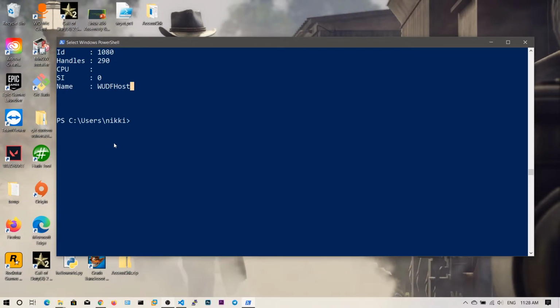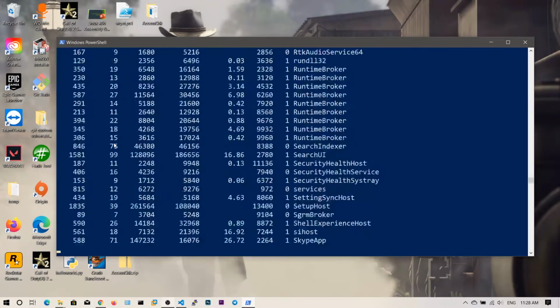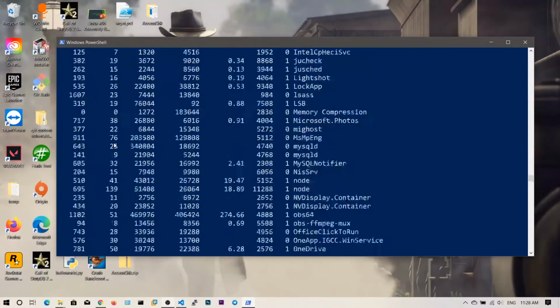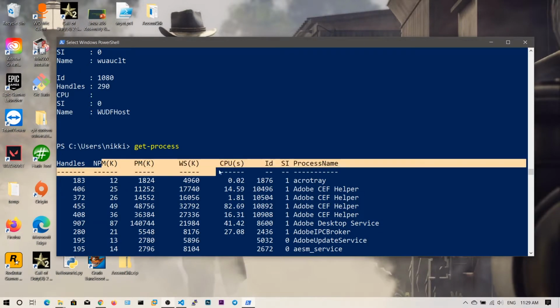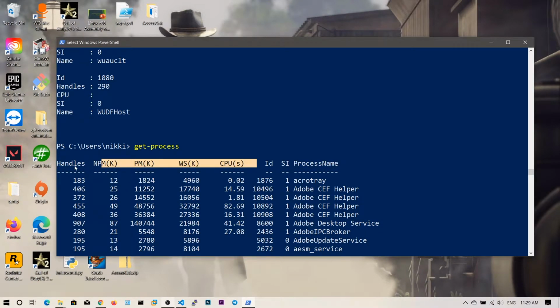And one thing I want to show you is that you can also select particular columns from the output. If you say Get-Process, now if I go to the top and see the column names, I can see there are the handle column, NPM, PM, CPU, ID, process name. I want to select only particular columns to view, so I don't need any of the others. I can say I want handles and process name.